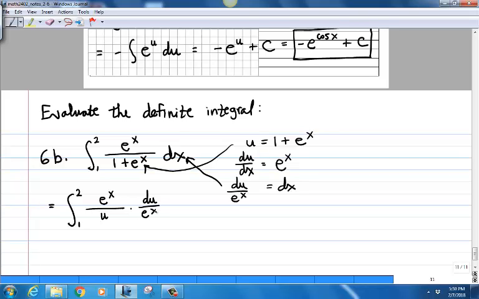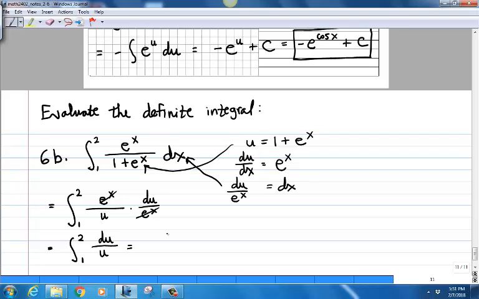And of course, if the substitution is the correct one, if it's going to work properly, the x's should be eliminated from our integrand, and that's exactly what's going to happen here. The e to the x's will divide out, and so we'll end up here with just this new definite integral. And that is a reciprocal function, and that one we can integrate by using